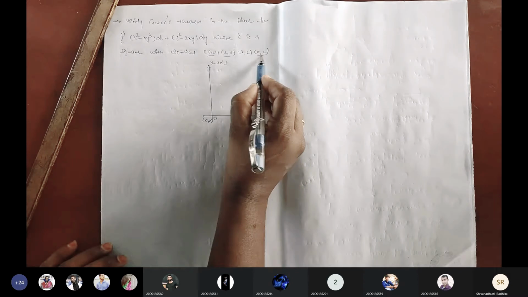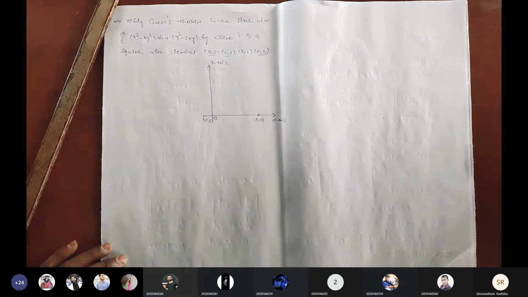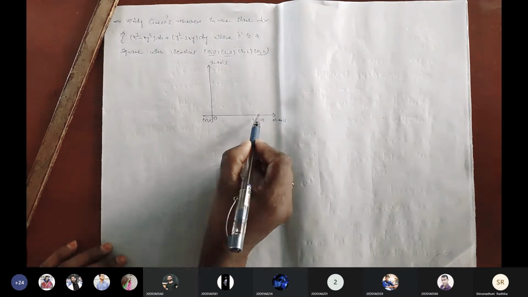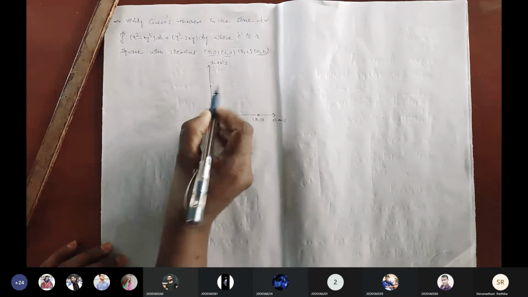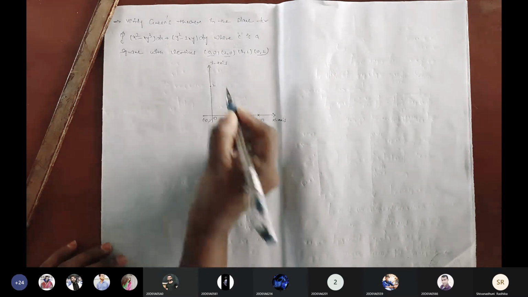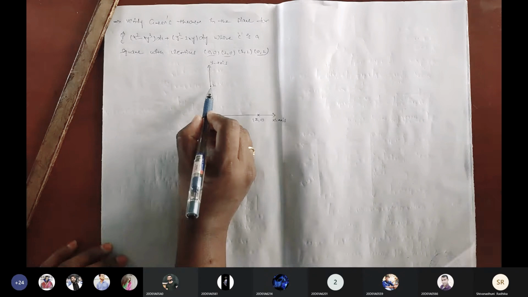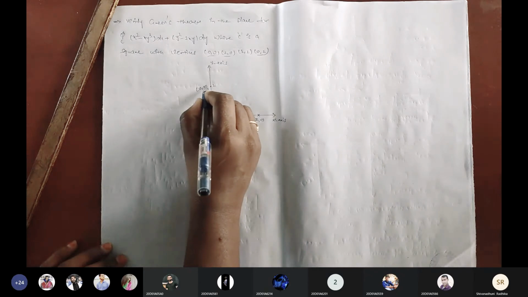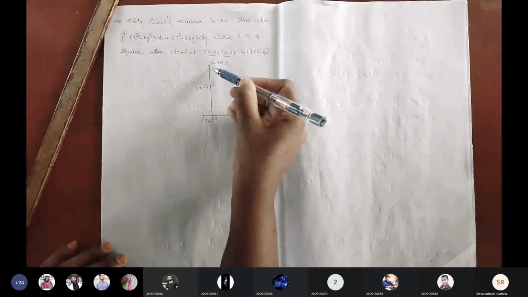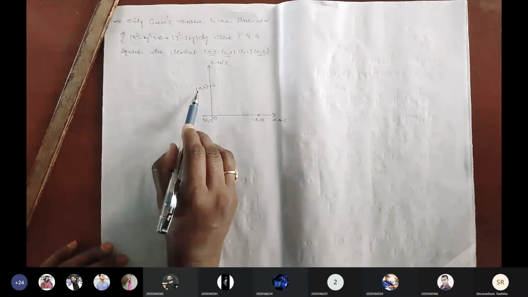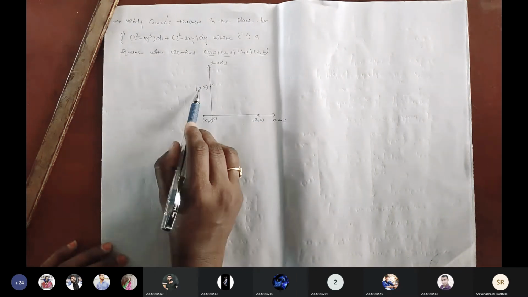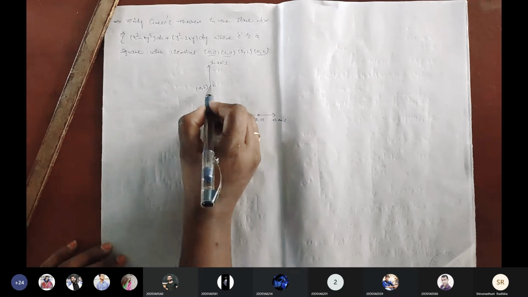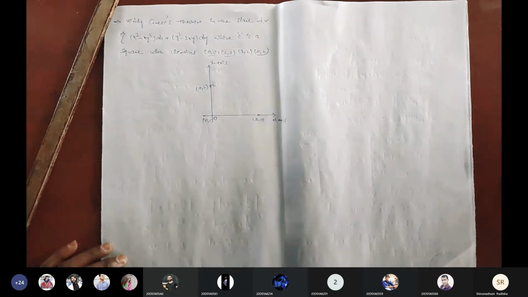Next 0, 2. What do you mean by 0, 2? Here the same distance I'm going to take. Here it is y equals 2, this one. Okay, now what is the location of this here? X equals 0, y is 2, right? In the y-axis, x is 0 for all points of y, and y value is equal to 2. It is clear?